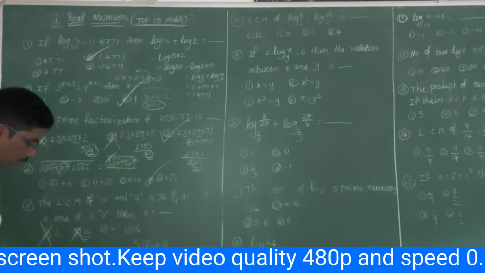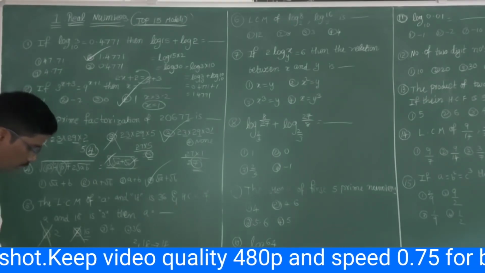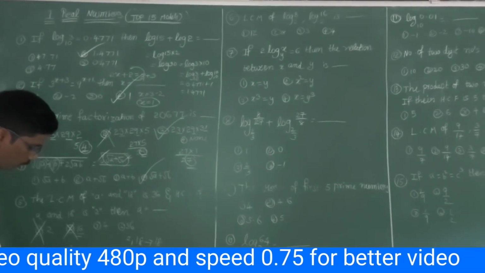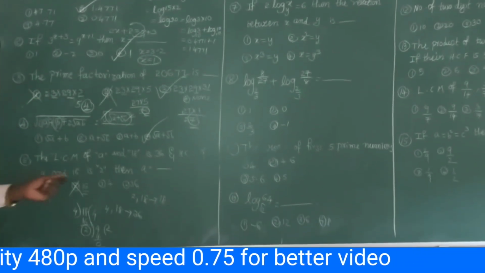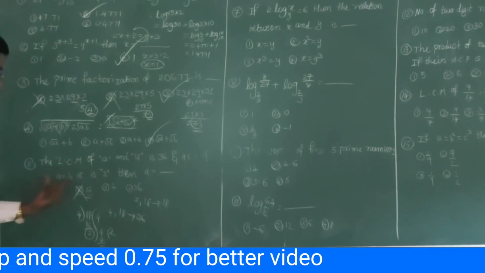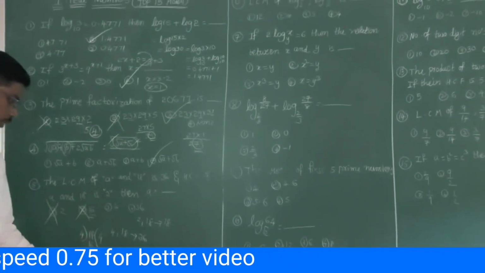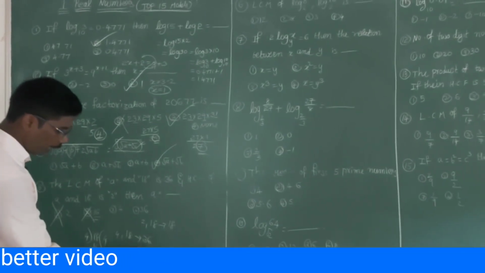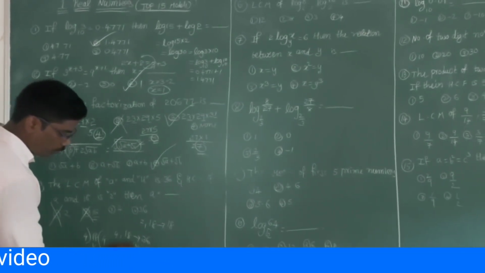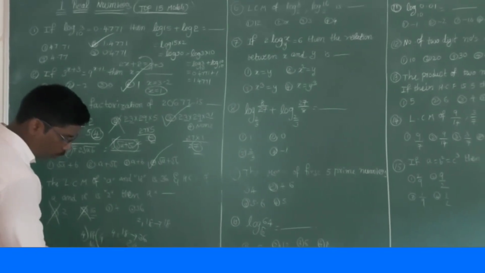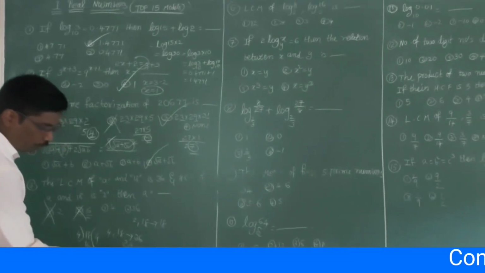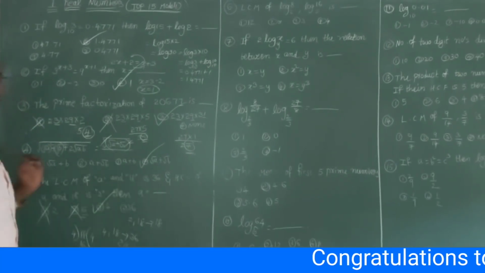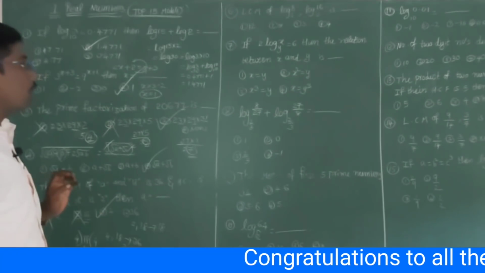4 4s are 16, so 2, so 4, 2 2s are 4, so 2. See here, the HCF of 4 comma 18 is 2, so we are getting the answer 2, and the LCM of 4 comma 18 is 36, because we know very well, 2 2s are 4, 4 9s are 36. So the answer is 4 and the option is the third one.